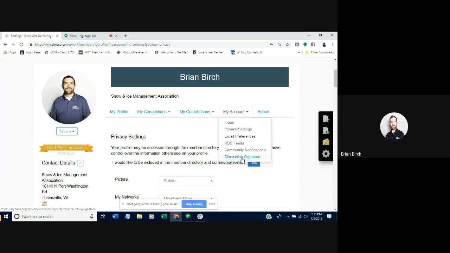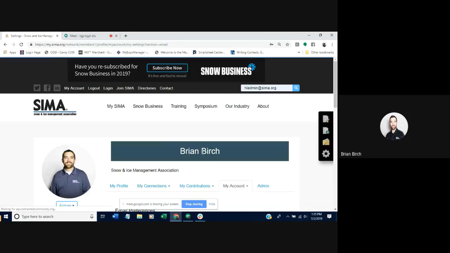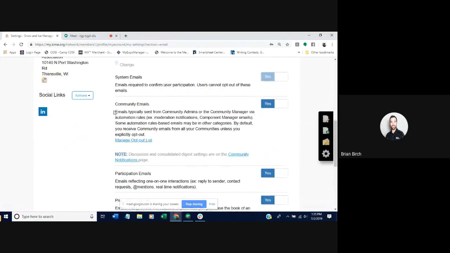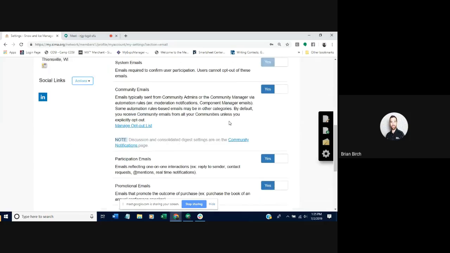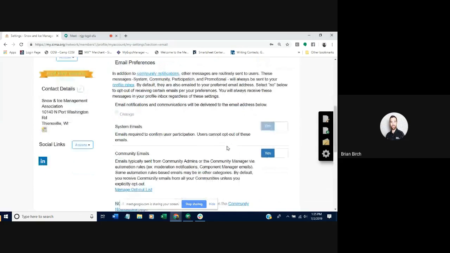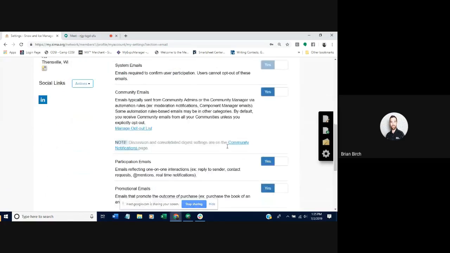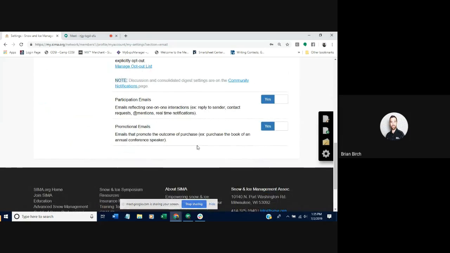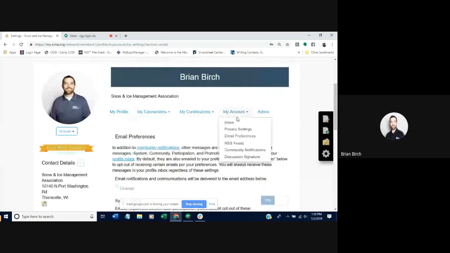You can create a discussion signature for the communities. You can manage your email settings. My.sima.org will email you information. For example, if you're in a discussion in a community, you can get notified if you want updates. So you can manage that information in this email preferences section. So keep an eye on that. If you want to change how emails come to you from MySIMA, then you can manage all that right here. You don't need to worry about the